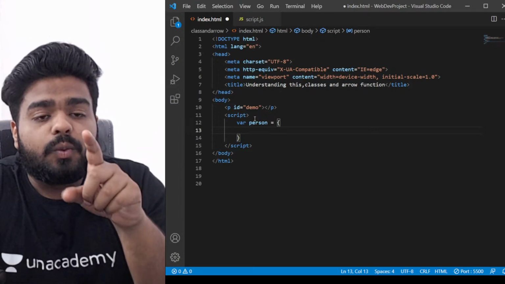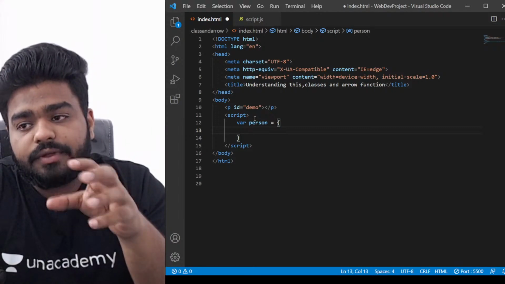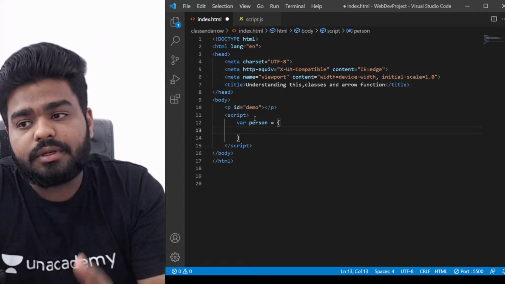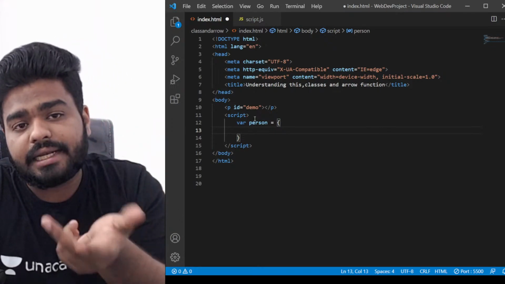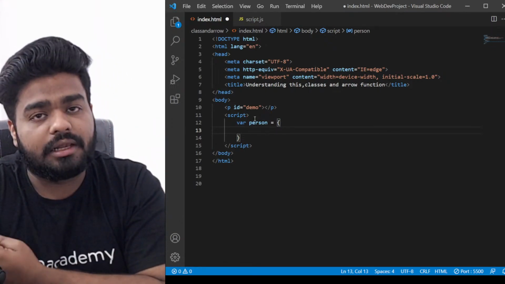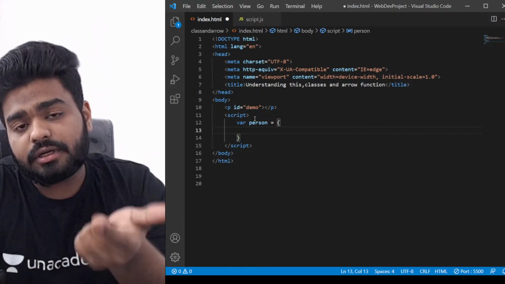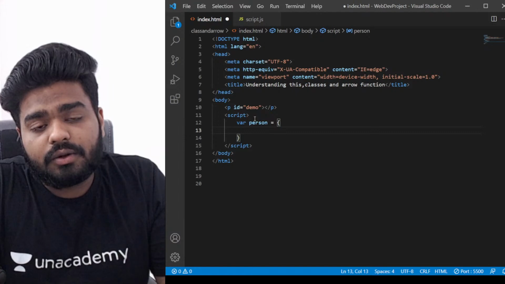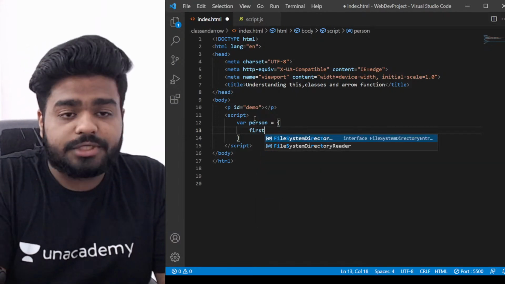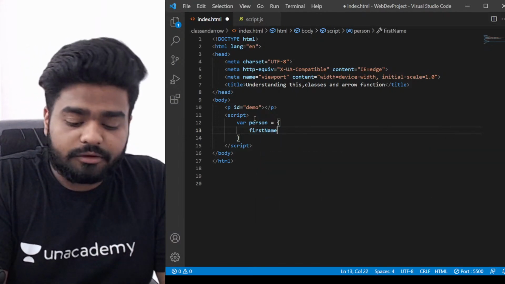Here var person equal to, if I'm giving a curly bracket, that means I'm creating an object, right? If I'm not giving a curly bracket, if I'm just giving a value, then person acts as a variable. But right now, if I'm giving a curly bracket, that means I'll be having something to write, which is acting as an object. Okay. So let's say I'm writing a first name,